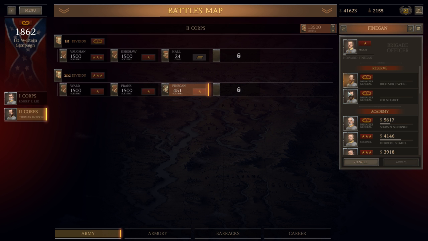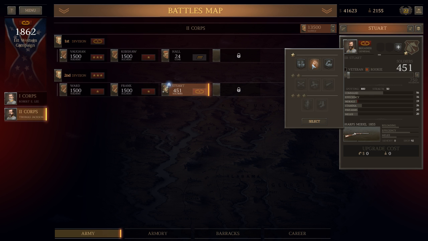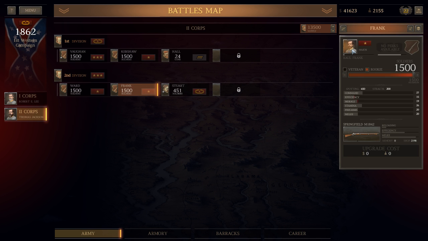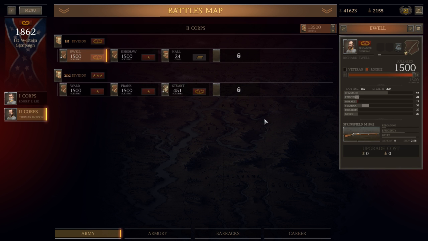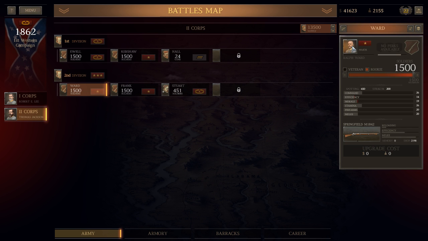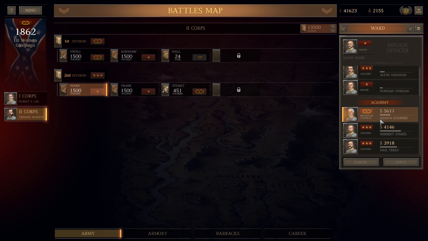Get out of there, Howard Finnegan. Jeb Stewart is like a legendary cavalry general, so... Major Paul Frank. Vaughn. Kershaw. Ralph Ward. Well, we have the money here to hire some decent generals, so...